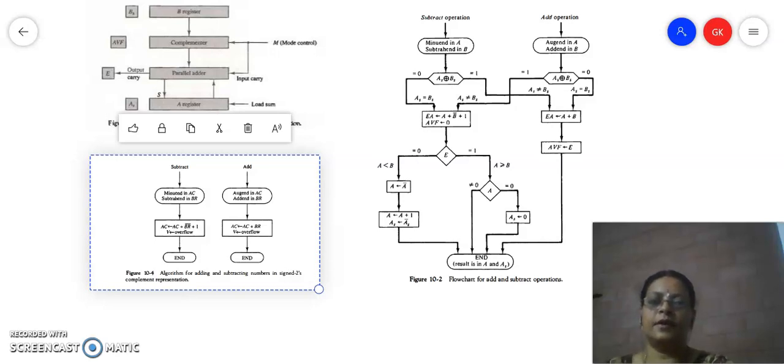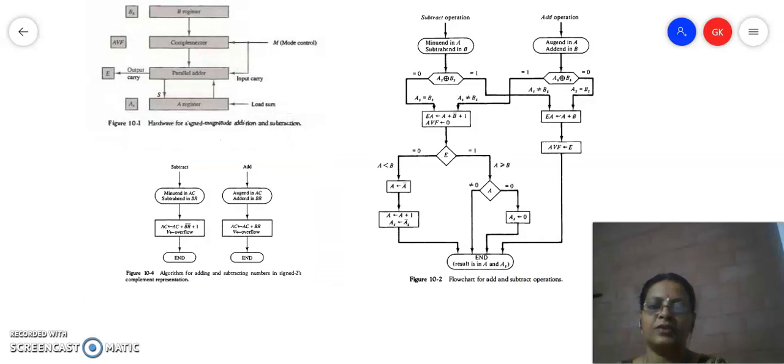Okay, so in this session, we will discuss how addition and subtraction are going to be implemented in the computer system. As far as this unit is concerned, we are discussing how the ALU is going to implement all its operations, out of which the arithmetic operations, addition, subtraction, multiplication, and division, play a key role, along with the hardware required for addition, subtraction, multiplication, and the flow chart. This will explain how the ALU is going to do all the operations.